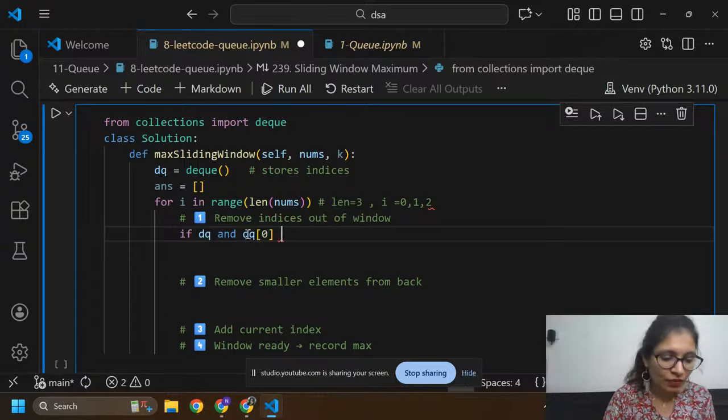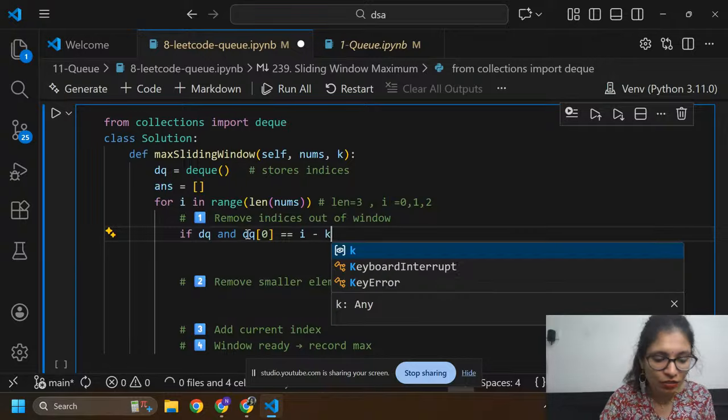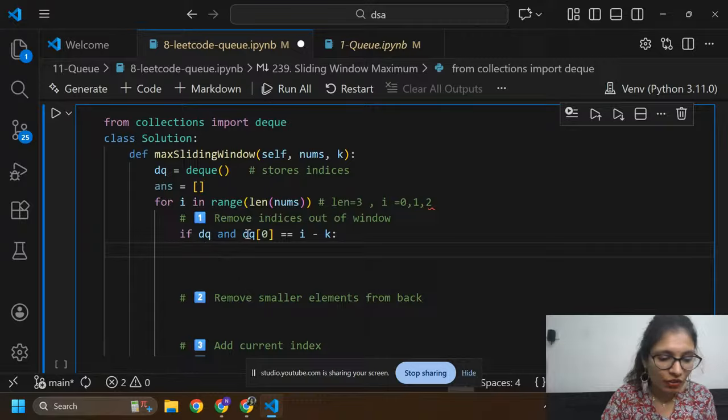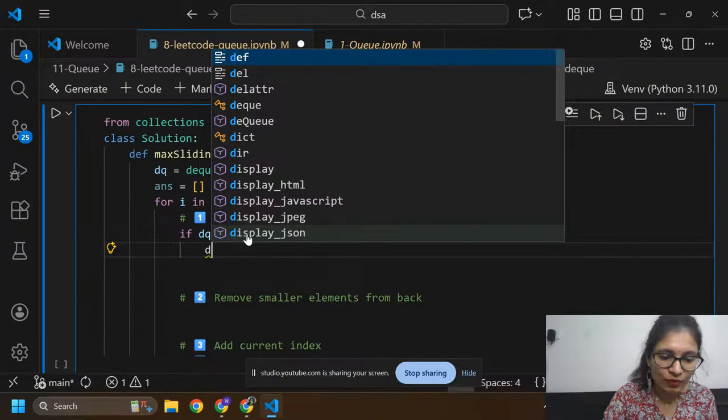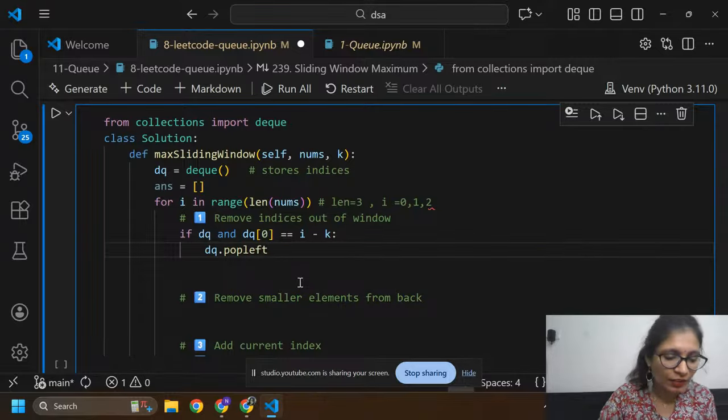Here i means you need to take values 0, 1, 2, and k is the window, that is 2. Here I'm going to remove from the deque the element from the left, meaning from the starting.